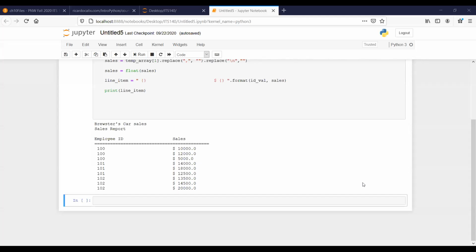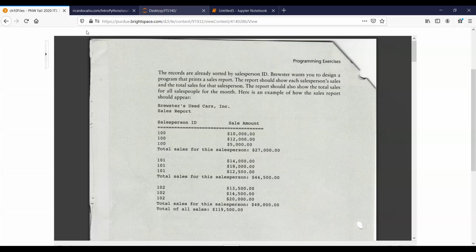So let me share my screen. All right. So the plan is now I need to change this. So what do I still need to do? I need to, well, we can look at the... You need to make it so that each ID has a total sales. Right, the total sales. And then,